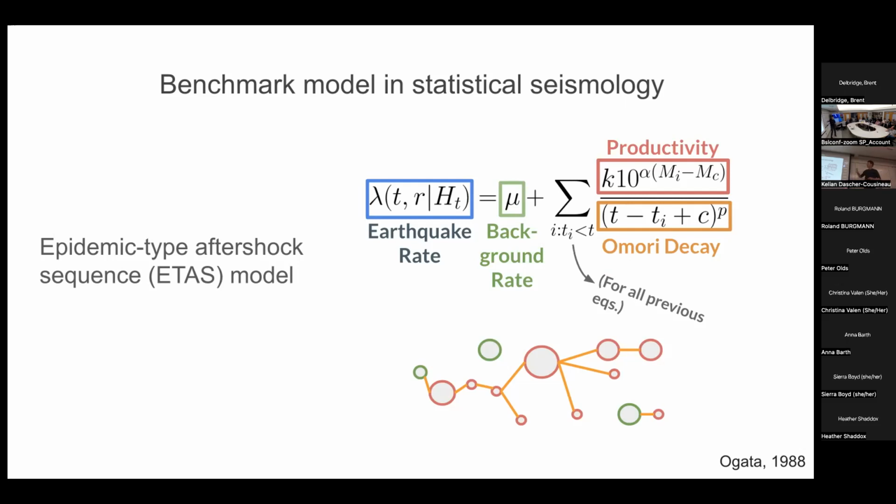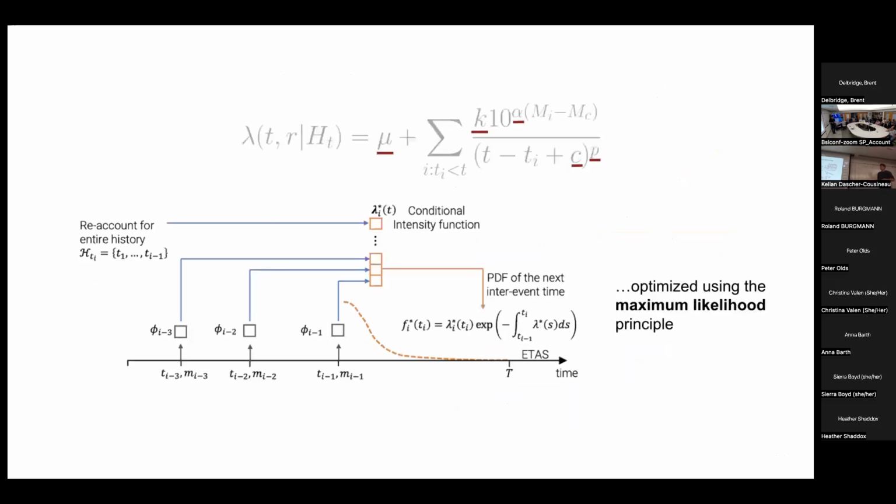In this way, we're combining the productivity relationship, which we discussed at length at the beginning of this talk, with the Omori decay, the rapid decrease in the rate of seismicity after big earthquakes, into an earthquake rate. And what Ogata proposed in 1988 was to use a maximum likelihood method, to translate this hazard function into an event likelihood. In this way, you're able to optimize each of the 5 parameters of the model.